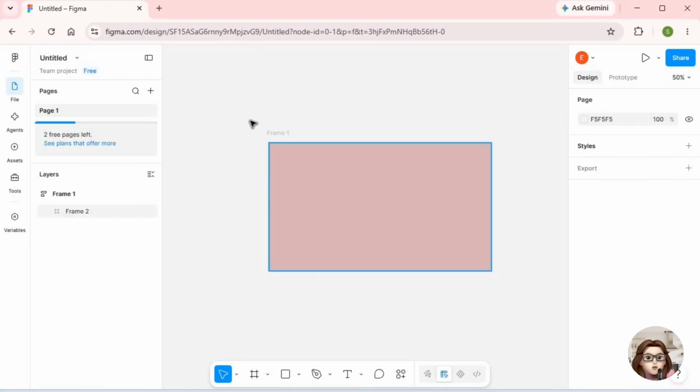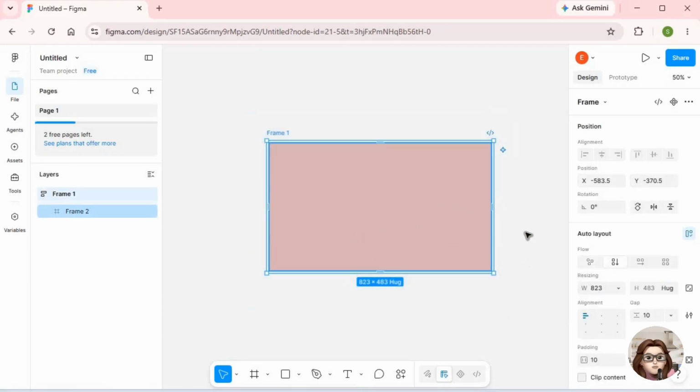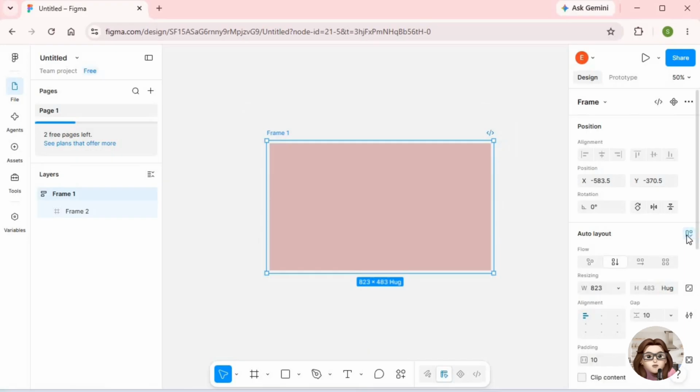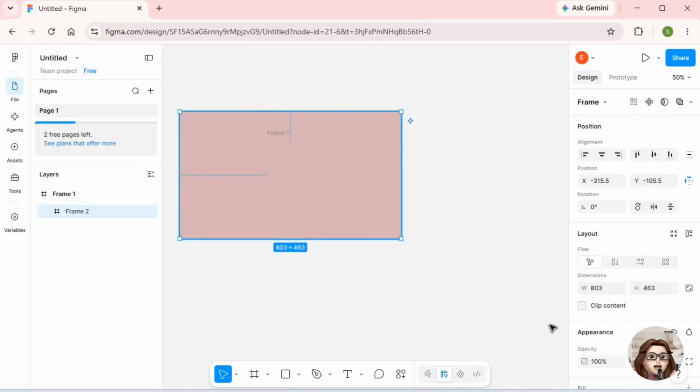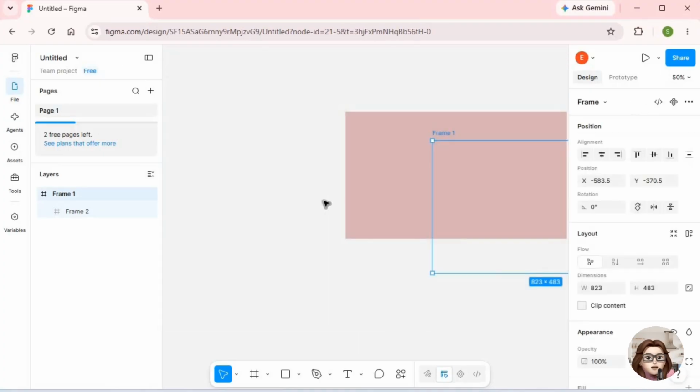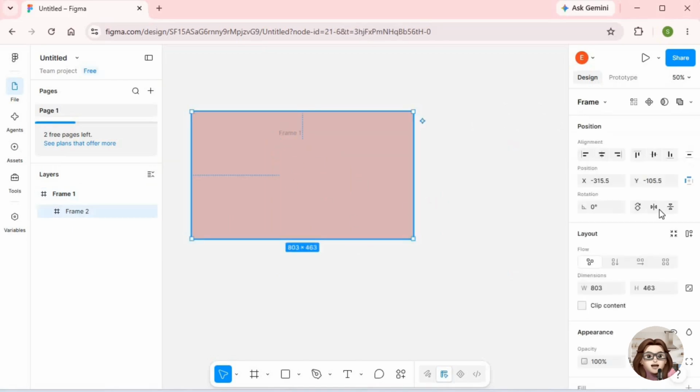After removing auto layout, all elements inside the frame will remain in place, but you will be able to move, resize, and position them independently. If you're working with multiple objects, make sure you've selected the correct parent frame that contains the auto layout settings before removing it. You can always reapply auto layout later by selecting the elements again and clicking Add Auto Layout